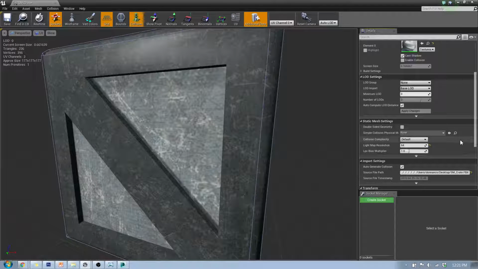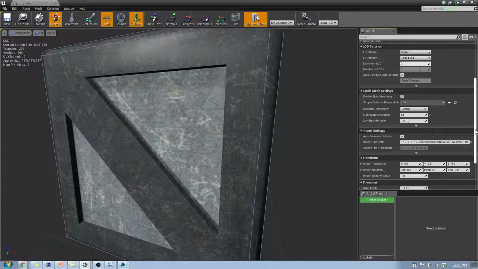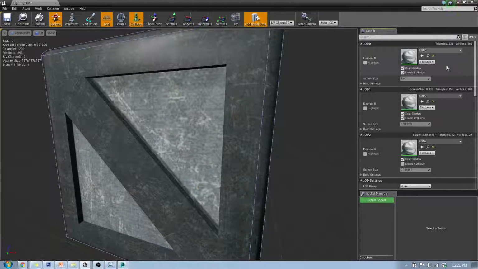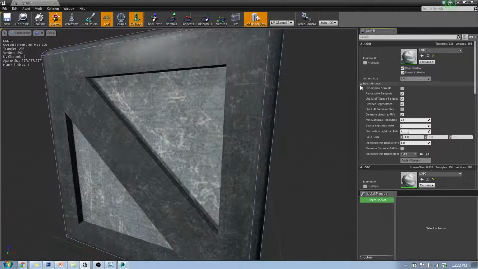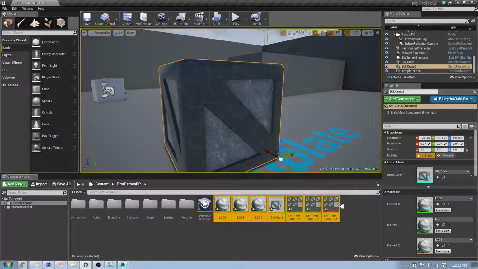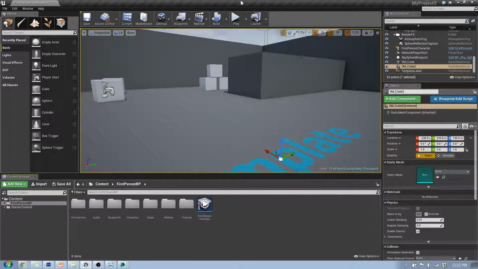So right now, if we have it automatically generate the LOD, it does it at its own level. We can still adjust it, but it's harder. So what you really want to do is, when you import it, you can actually set it